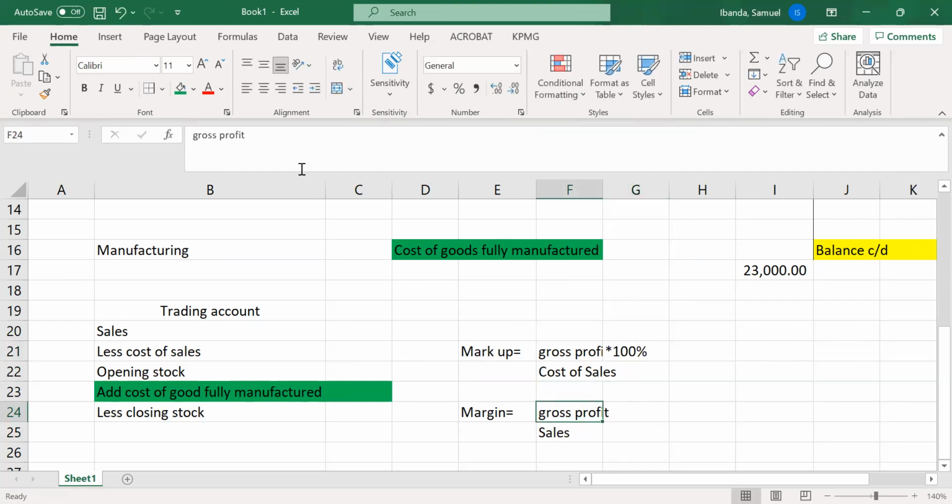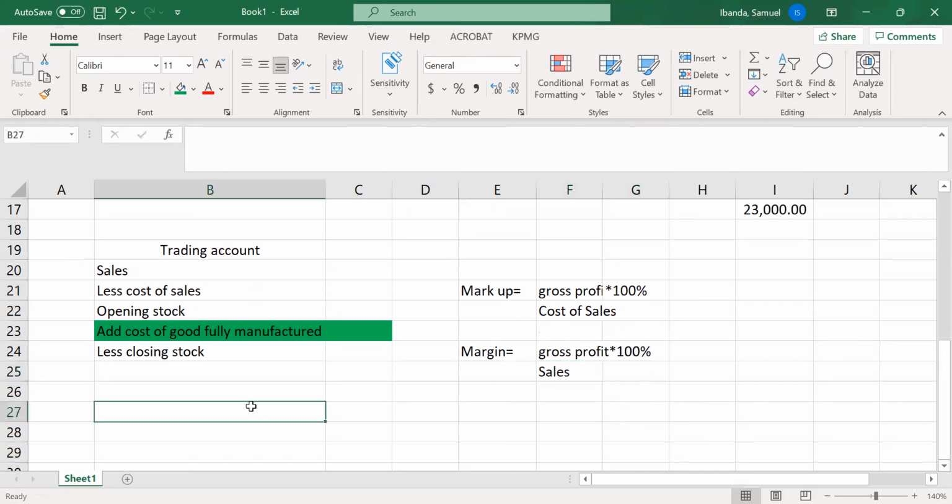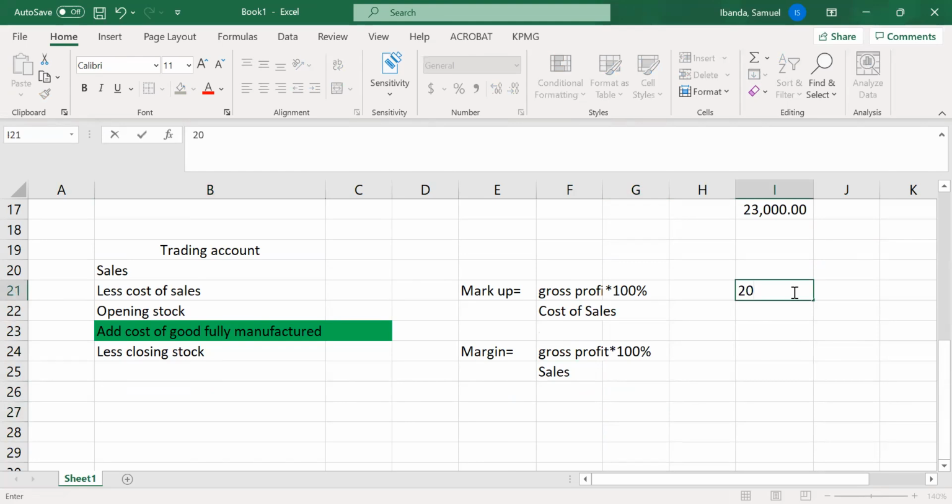So what exactly happens is that in most cases here, the examiner will give you the percentage, okay? For example, we'll say that maybe company ABCD transfers its goods at a markup of, let's say, 20%,